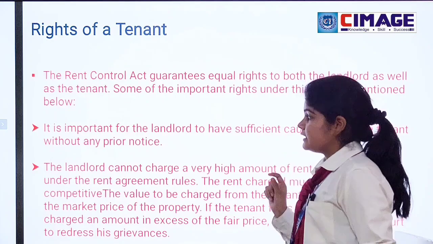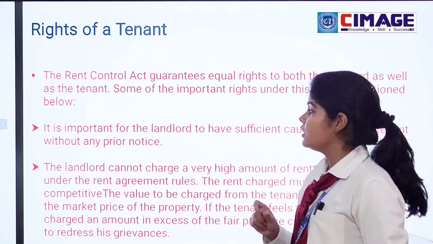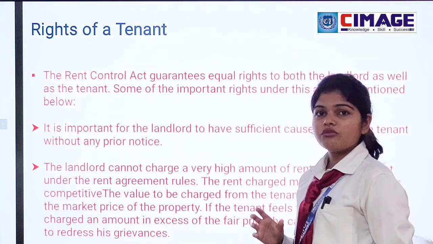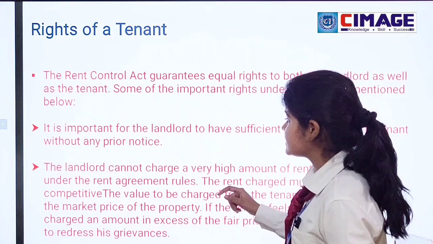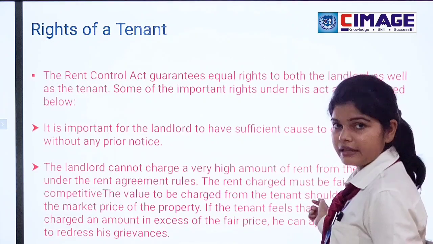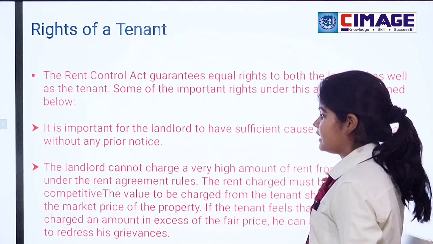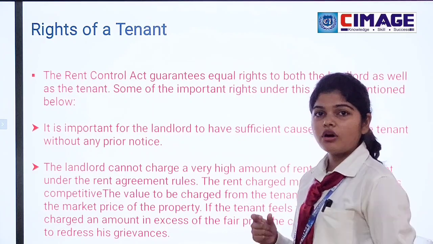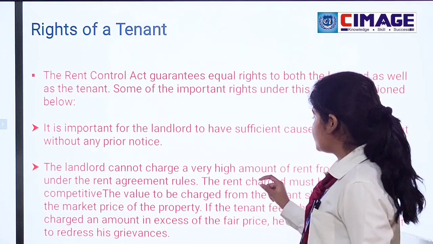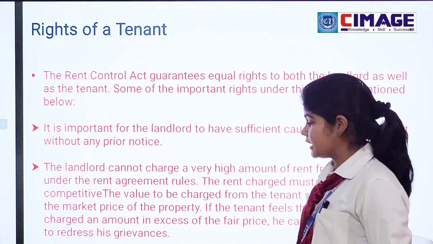It states basically that if you are evicting a tenant from the property, then you will have to give some proper proof of why you are terminating the agreement. Second, a landlord cannot charge a very high amount of rent from the tenant under the rent agreement rules. The rent charged must be fair as well as competitive, according to the market. The value charged from the tenant should be equal to the market price of the property, and if